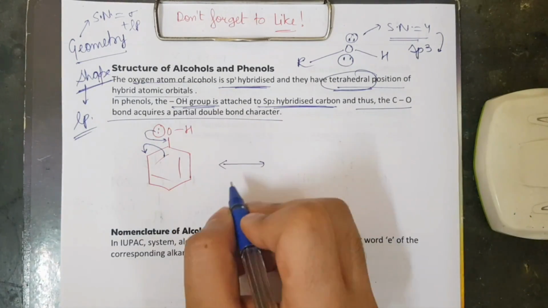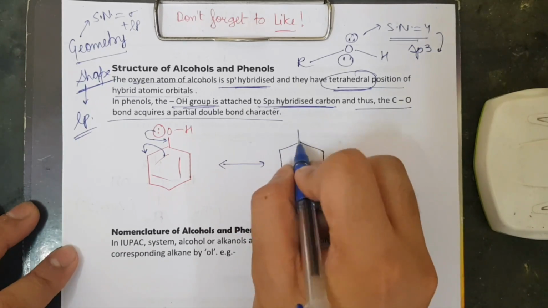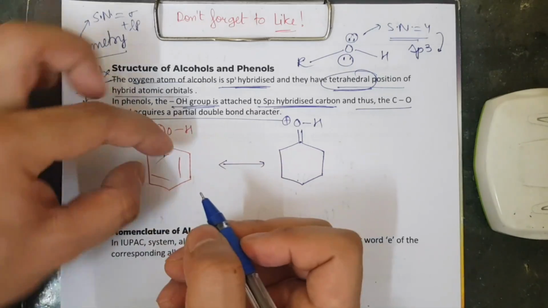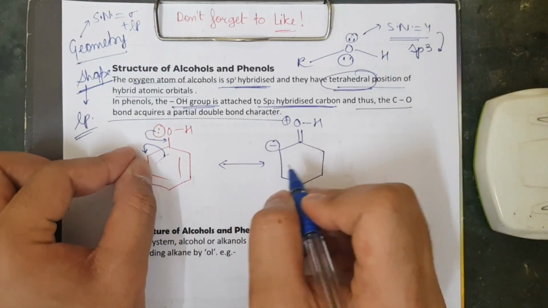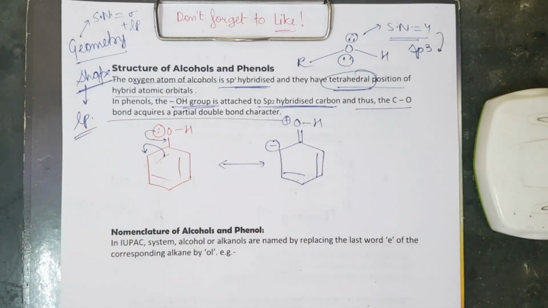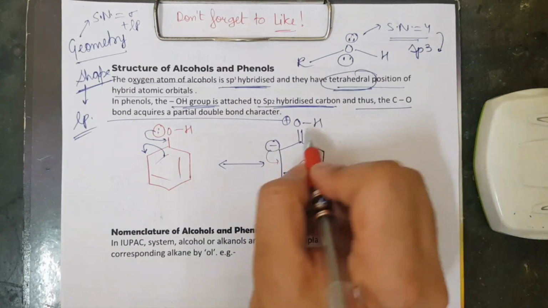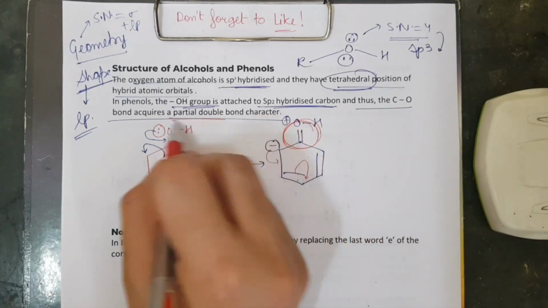So क्या होगा मेरे पास यहाँ पे, इसने इलेक्ट्रॉन डेंसिटी दी है, so this becomes electron deficient, getting a plus charge which has been written here. This electron density is placed onto this carbon, so यहाँ पे मेरे पास negative charge बन जाएगा and this will be formed. You can draw the other resonance structures if you want, like इधर से इधर गया, इधर से इधर आया. The thing to note here is that this double bond is formed, which is a partial double bond,